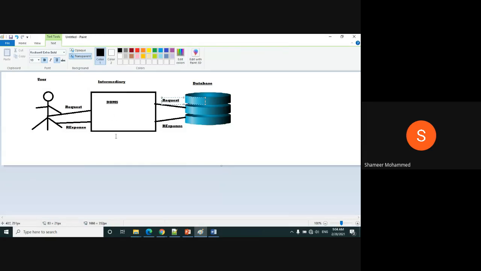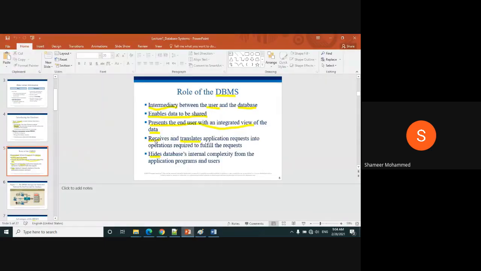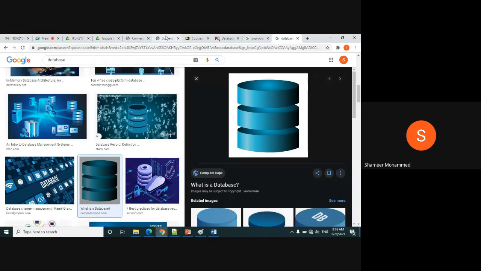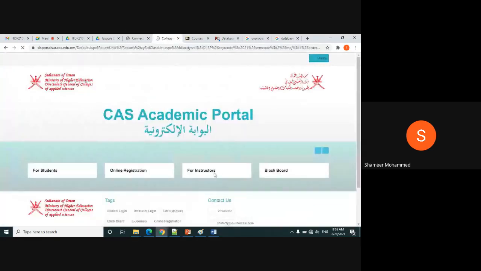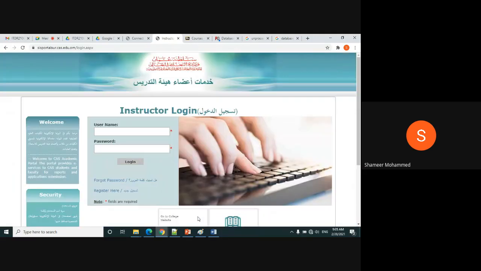So the DBMS will take your request, forward it to your database, then it will translate your request into some answer and get the answer back to the user. So that is the work the DBMS is doing. It will fulfill your request. See, in the SIS, if you type your student ID, it will give your information. If you want to check your timetable or who your advisor is, something like that.